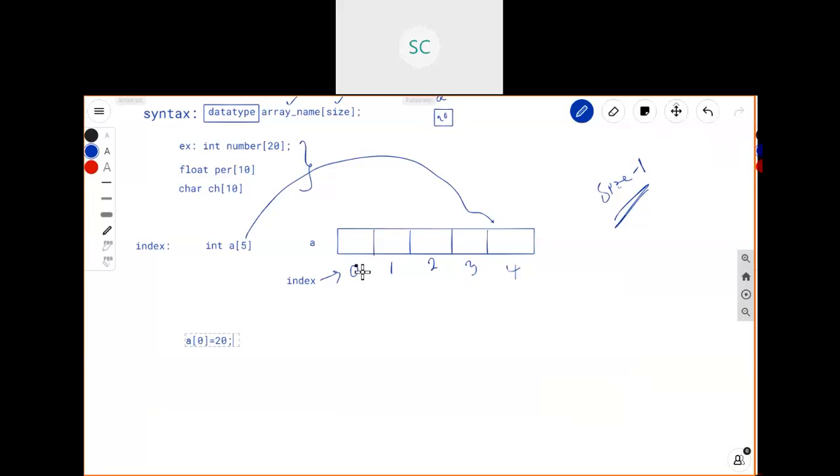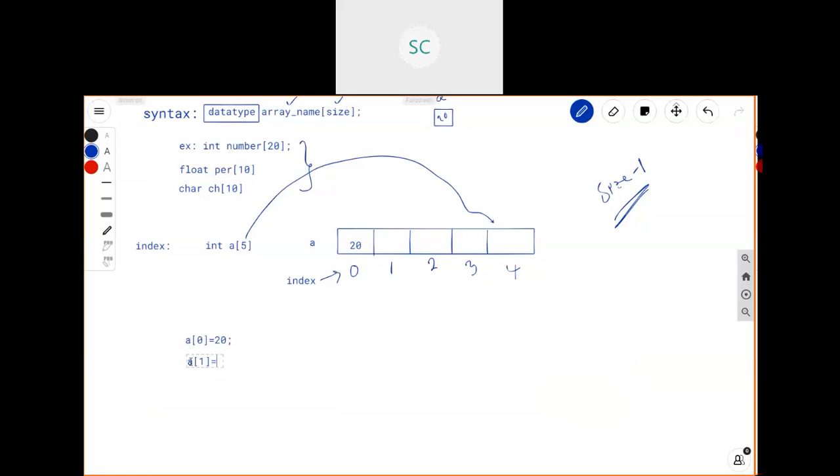For index position 0, I just assigned 20. Then what happens? This 20 is going to be stored within this box at position 0.